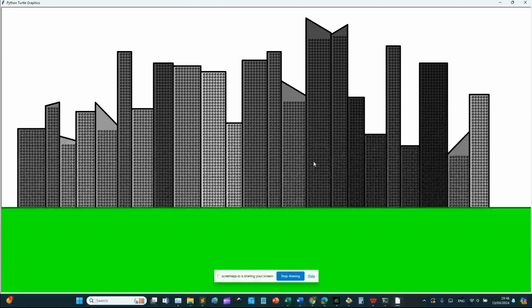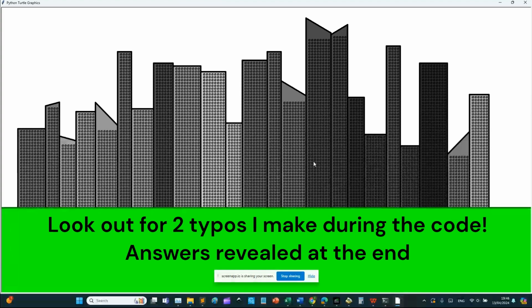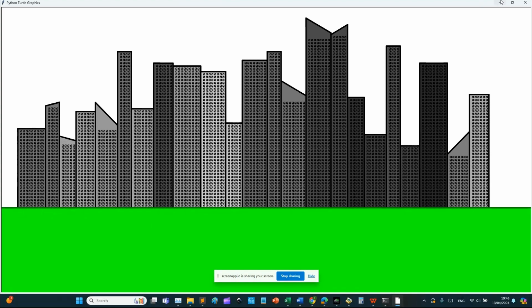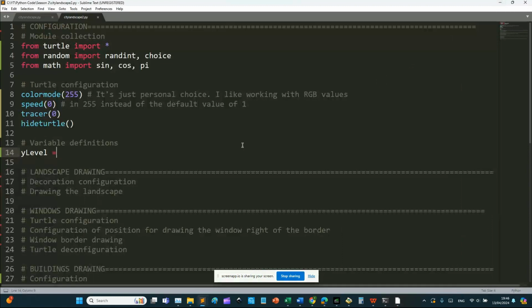When I leave home for a walk, as I get out of the cul-de-sac I live in, I see wonderful views of a city landscape, just like the one on the screen. I manage to translate my observations into computer code that draws such landscapes, including random landscapes for unique cities, using turtle,